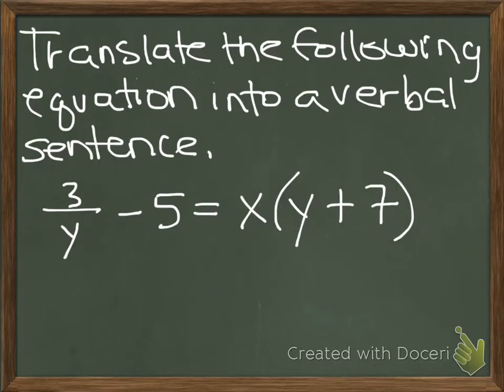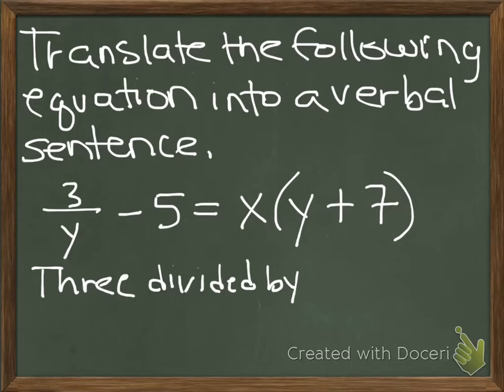The next equation we're actually going to write as a verbal sentence. So in this one, we need to write this out in words, making sure that we include all of the operations involved. So we're going to start on the left side here with 3 divided by y. So I'm just going to write that out. Then you want to look at the next operation, which is minus 5. So we're going to write minus